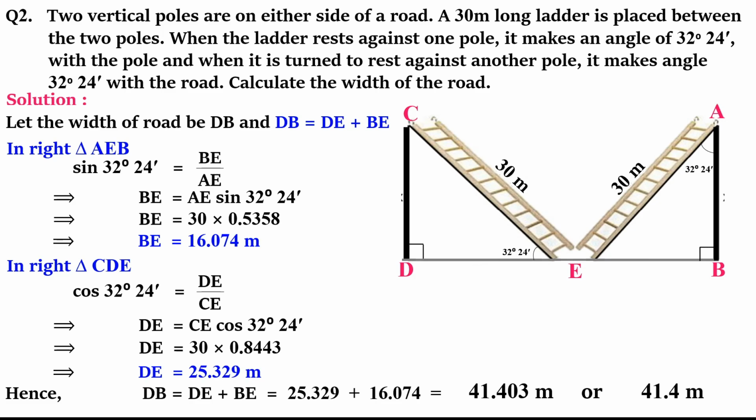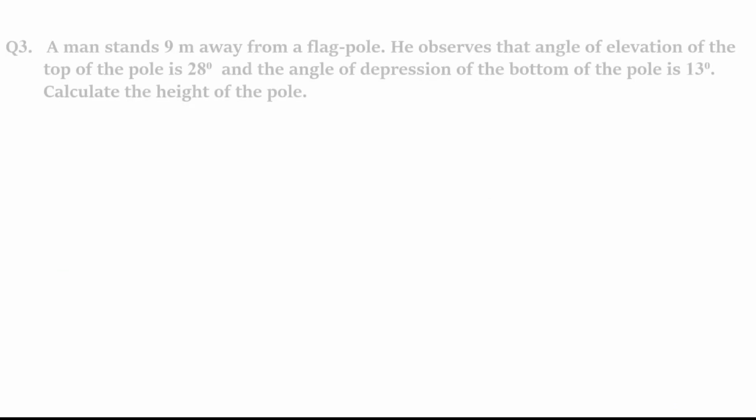You can leave the answer as it is, or you can round off correct to one decimal place. It doesn't make any difference, because in the question they have not asked you to round off correct to 1 or 2 or anything. So it's always better to give answer correct to one decimal place. So we have rounded off. Even you could have written 41 meter. Okay. So this is our answer. Both the answers are acceptable.